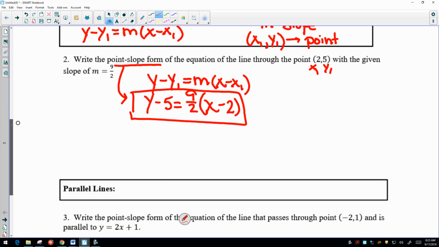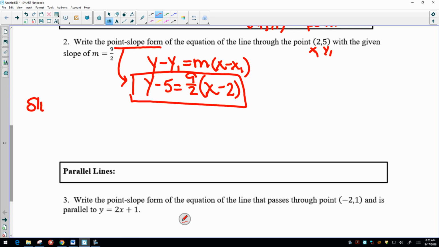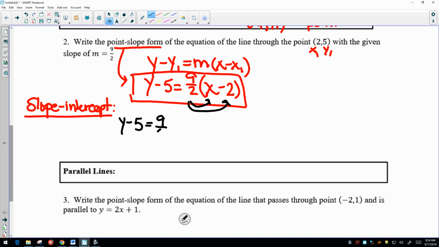At times, questions will say, write it in slope-intercept form, which is what we did up above. But you're not given the intercept. So what do you do? Well, start writing it as point-slope form, but now we're going to transfer it into slope-intercept form. So very first thing we would do algebraically is distribute that 9/2 through. Okay, so nothing happens on the left-hand side. We still have y minus 5. Distributing 9/2 through, you have 9/2 x. Then 9/2 times a negative 2, so we get a negative. And once we distribute through, and remember you have a fraction button on your calculator to help you out if you need,